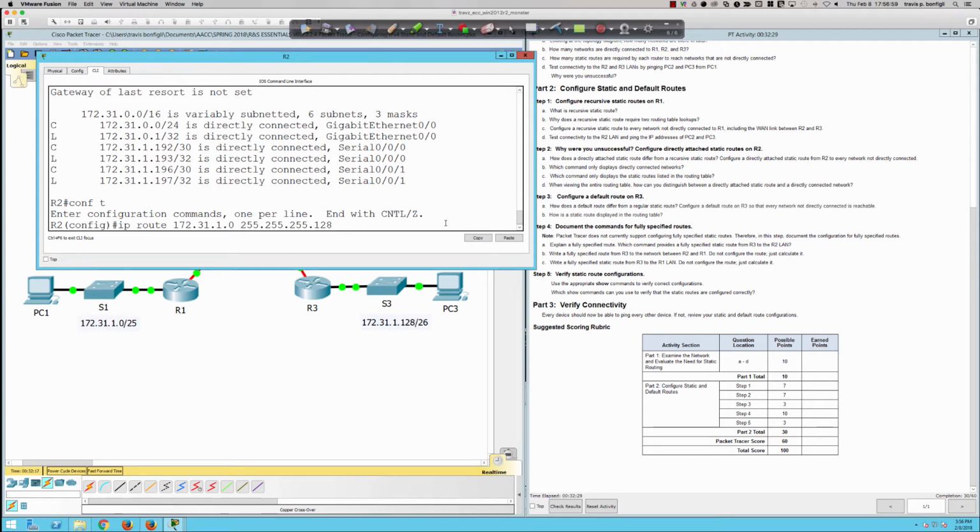Now, if you're wondering, could you put in a static route that only goes to PC1? Absolutely you could, and in fact, I'll show you how to do that. Maybe that question is popping up in your head: you can get to the whole network, that's great, but what if I only want to go to one PC? How does that work? So, my IP route to get to the 172.31.1.0/25 is out the serial 0/0/0